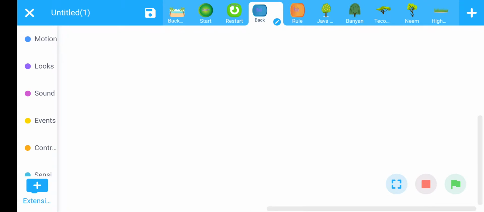Before back, start with the rule button coding. Same, the rule button should be present on the start screen. On the start screen, two buttons are present. One is the start button and the second is the rule button.